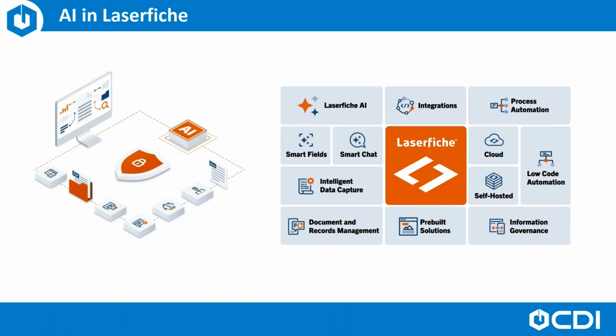Just as an example, take Laserfiche's Smart Chat, where users can ask natural language queries like, what are the key risks in this contract? Or summarize this quarter's financial report, and get clear answers in seconds rather than hours. By uncovering ghost content and turning it into actionable information, organizations can move from data overload to insight-driven decision-making, and with the right AI power tools, what once felt like digital chaos can become a strategic advantage to fuel automation, accelerate workflows, and empower teams to focus on what truly matters.